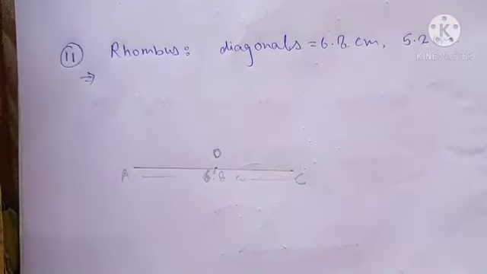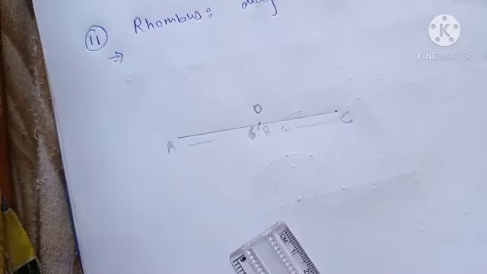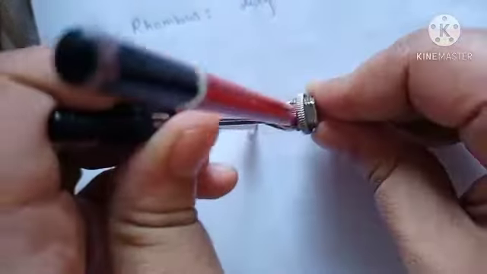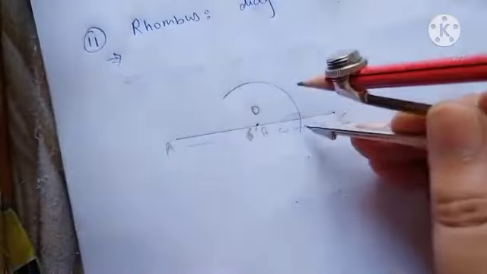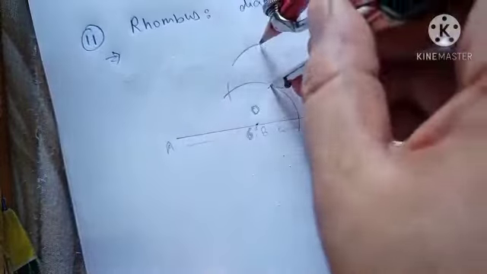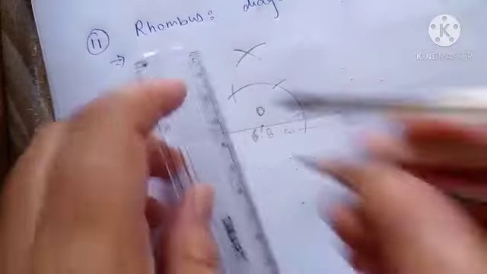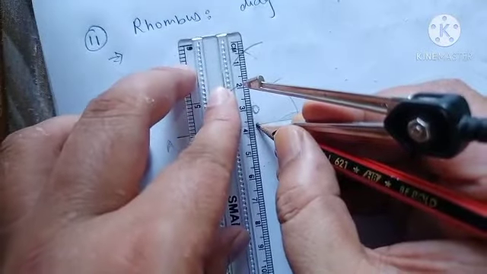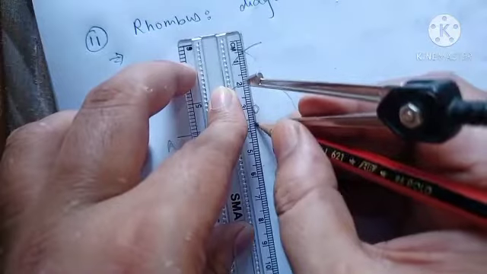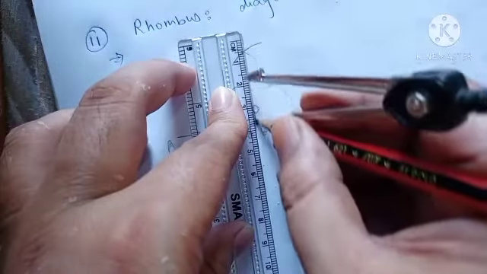Okay, now we know very well that the angle between two diagonals of a rhombus is 90 degree. So we have to make a 90 degree angle here. So how can we make it? First of all, we have to draw an arc. We'll cut this arc at 60 and 120. Now we will draw an arc, we'll cut this arc and we will join O to this point of intersection. Okay, and we will extend this line to the other side also.